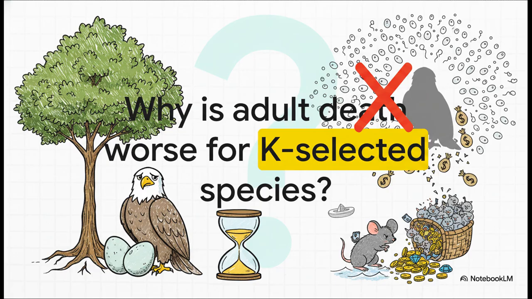Okay, quick checkpoint for you. Why is an increase in adult mortality so much more demographically damaging for a K-selected species than an R-selected one? Think back to our investor analogy. A K-selected species has poured practically all its energy into just a few offspring, banking on a long adult life to slowly replace itself. If you kill the adult, you wipe out a massive, irreplaceable investment of reproductive capital. An R-selected species, though? They can bounce back fairly easily as long as just a few lucky individuals are left to quickly pump out thousands of new offspring.